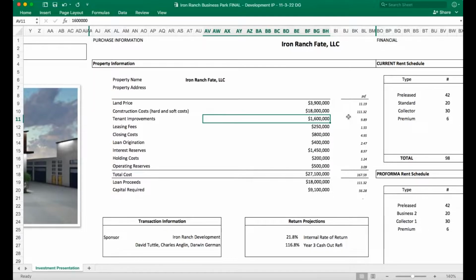We budgeted $1.6 million in tenant improvements. Now, this $18 million gives a white box to everything that they can move into, but another basically $10 a square foot for finish out, if they want to add some walls or add another bath, whatever it is, to make it work for those tenants. We budget in leasing fees to pay to leasing agents,